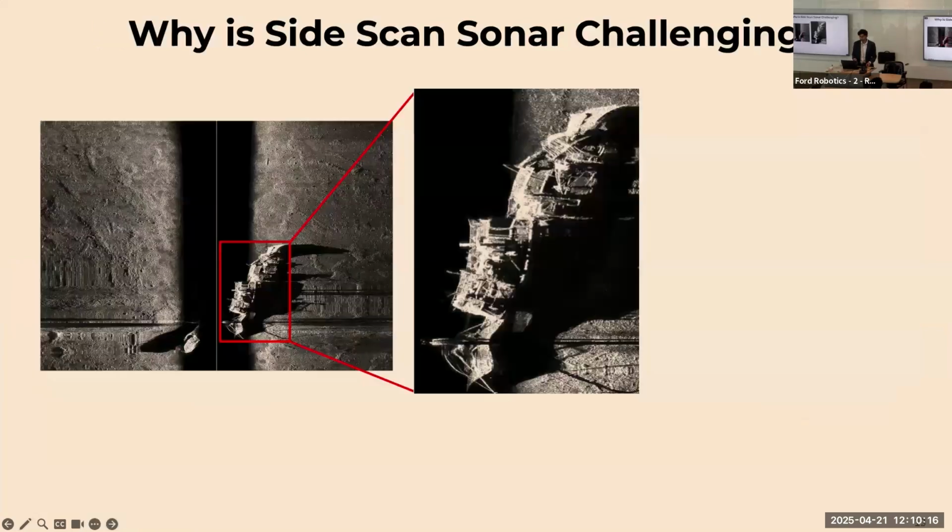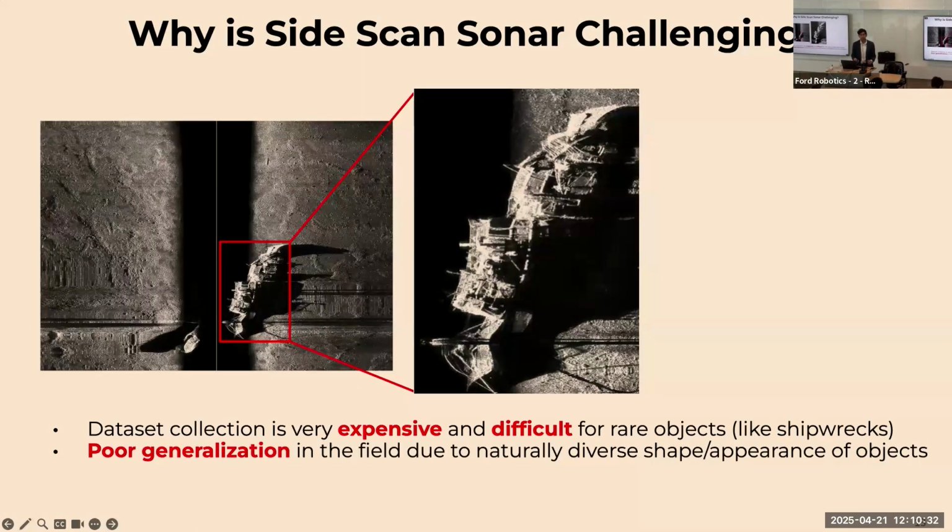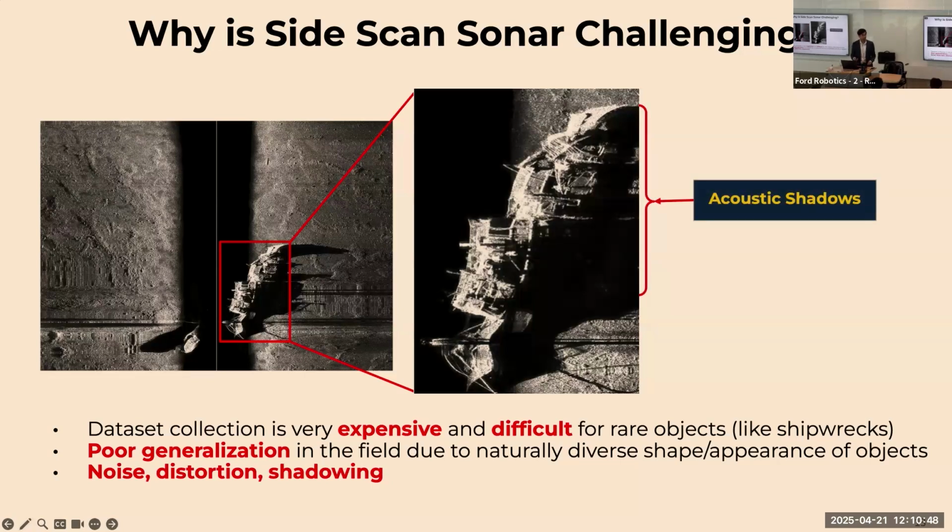So if side-scan sonar produces high-resolution, pretty imagery as you've seen before, what makes it a hard modality to work with? First, training deep neural networks for this modality is very difficult due to the lack of datasets to train on. Secondly, you might experience poor generalization in the field because whatever data you collect might not generalize to a new environment, given various terrain types and also object shapes. Finally, there exist sensor-specific phenomena like noise, distortion, and shadowing that make this difficult to deal with. You can see an example of acoustic noise shown here, and also distortions caused by changes in the temperature of the water and also vehicle motion.